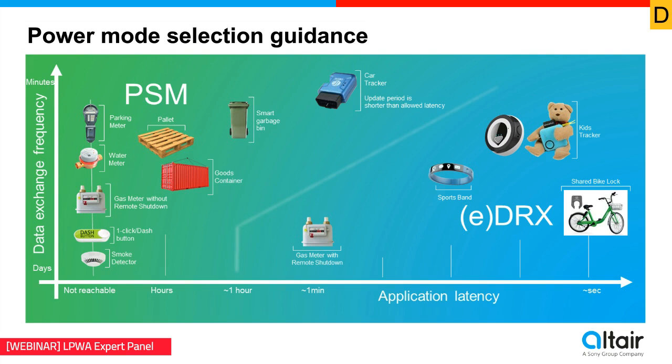And in addition to that, there are some devices in the middle, and they could work in both eDRX or PSM. To find an answer to that, we came up with a threshold which is suitable for devices, we know, of about 1 hour. For example, if we have a goods container and want to report to the network every few hours, it is possible to push that information to the network instead of the network asking the device every few hours where your data is or where your location is.